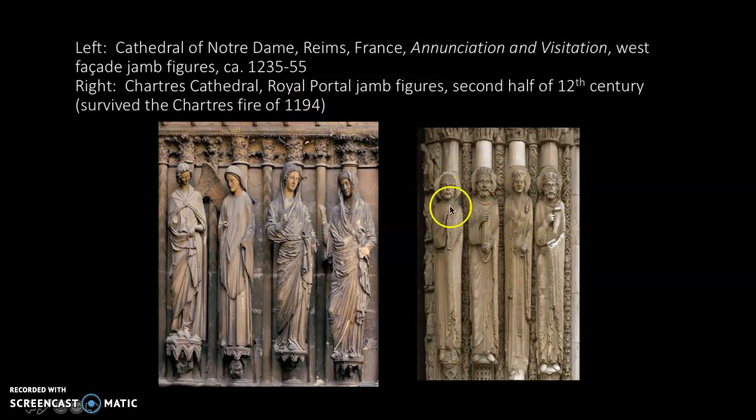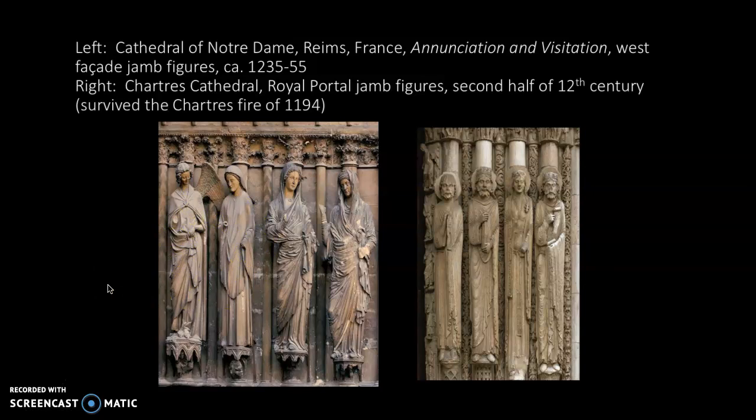Look at how columnar their bodies are. They really are still very much dependent on the architectural framework. These figures here, just a few decades later, much more three-dimensional, much more dynamic. But then we move a generation further to the Annunciation figures, and